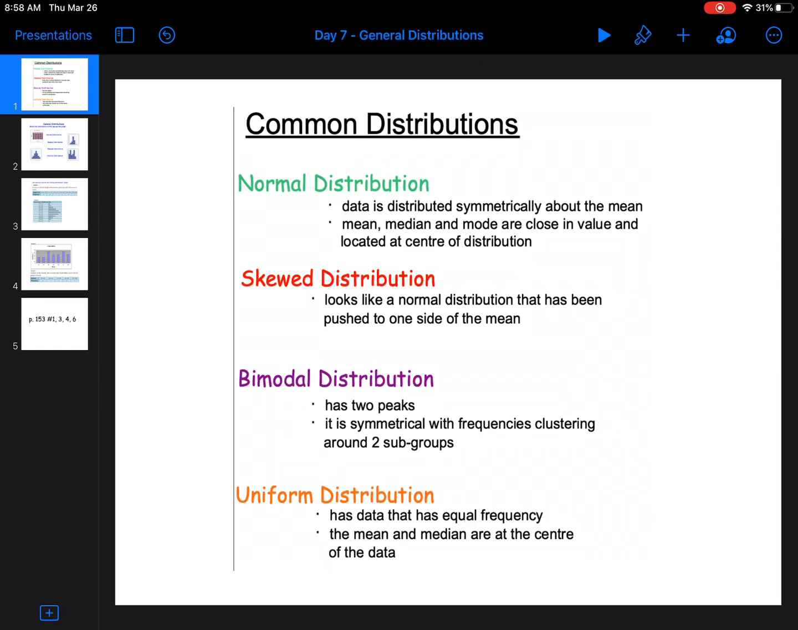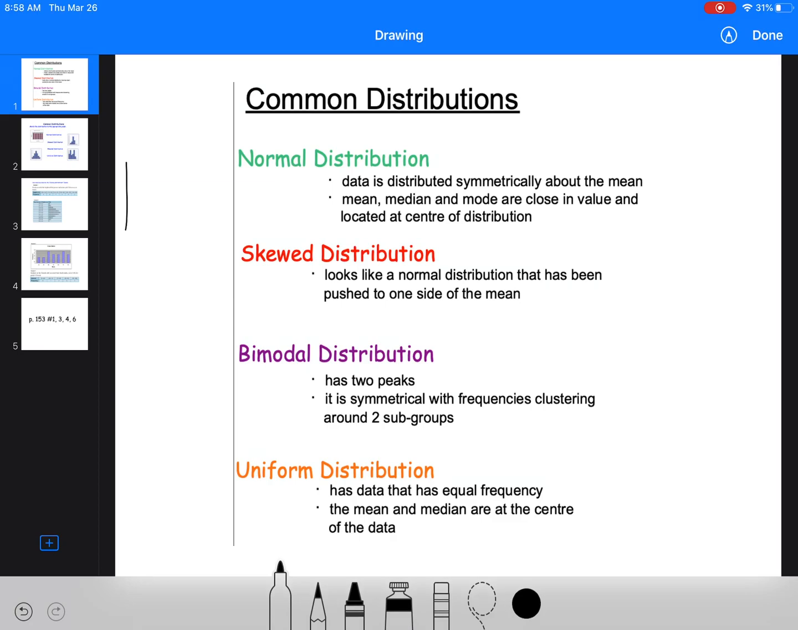Common distributions is the last note for this unit. It's actually pretty simple and straightforward. It's just talking about how things can be distributed. So the first one is a normal distribution. And what that means is if we had a data set and we graphed it, it's going to look